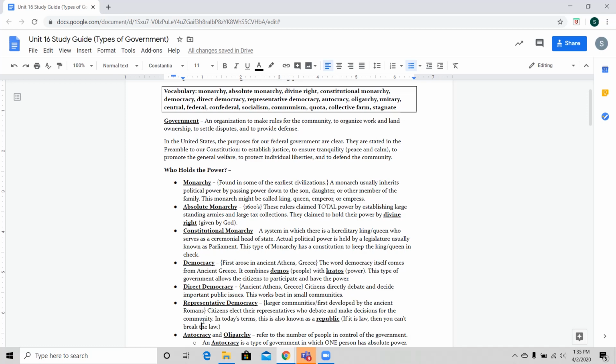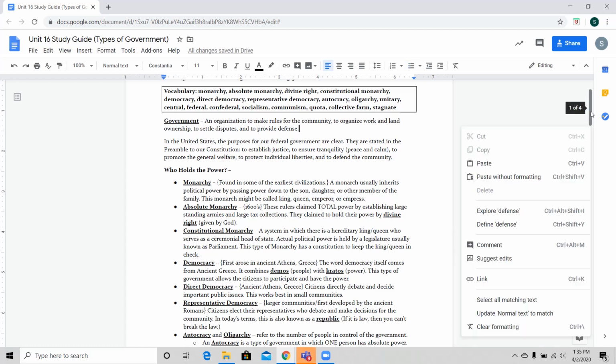In a democracy, what people will often call it is a mobocracy, because the majority rules. So that means if the majority wants to make it okay to steal that bicycle, then it can be stolen. Okay, so there's a little bit of a difference there. Absolutely. So let's move on to our next two terms.